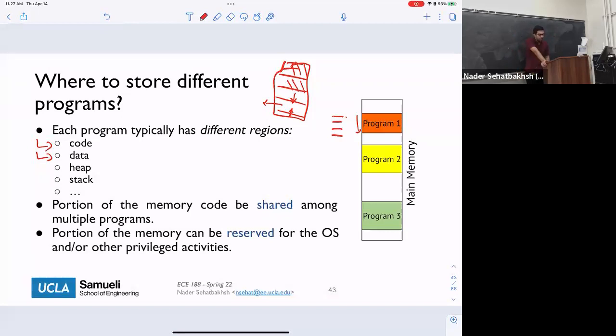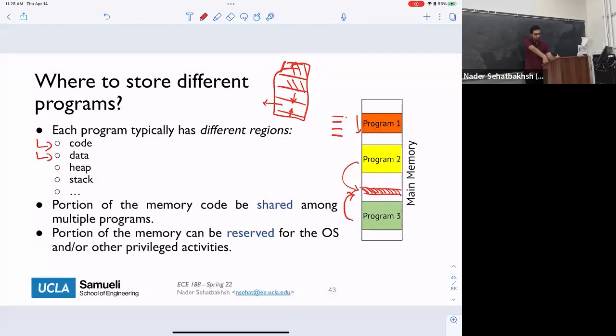All right. Another idea is that while you're doing this isolation, you can actually share some part of the memory between users. You can say that this part can be read by all the users, so I'm not going to block access to it. This can be used for communication, for accessing shared libraries, and so on. For example, your standard libraries are stored somewhere here, and there's only one copy of that. Anybody who wants to use printf or scanf has to go into this part of main memory to bring those things.